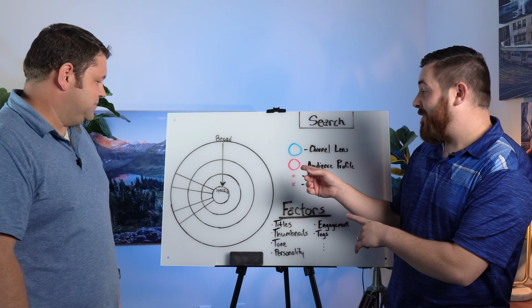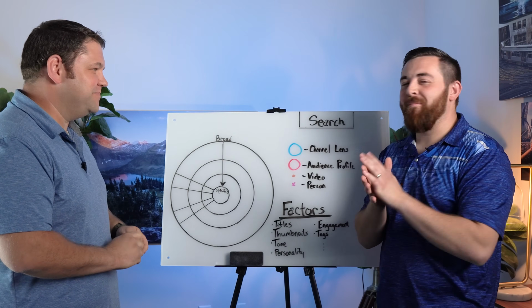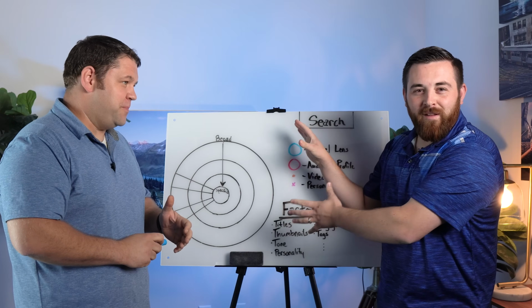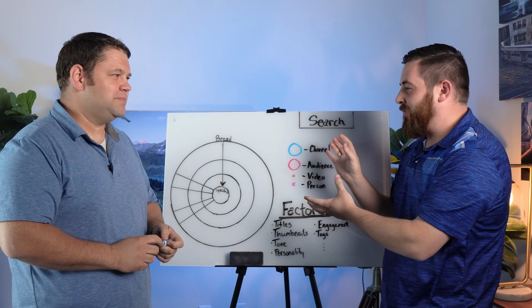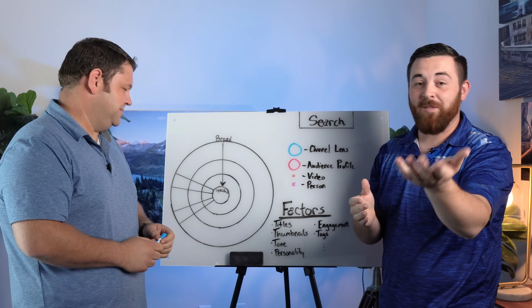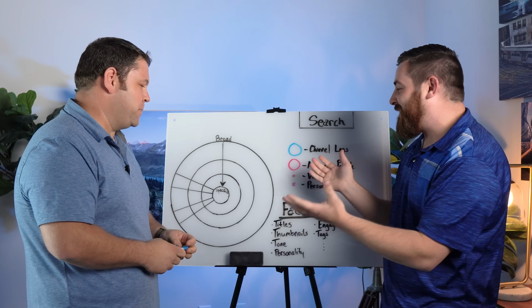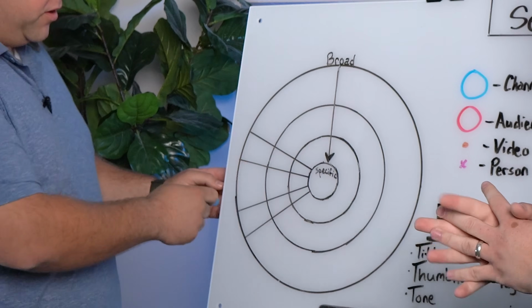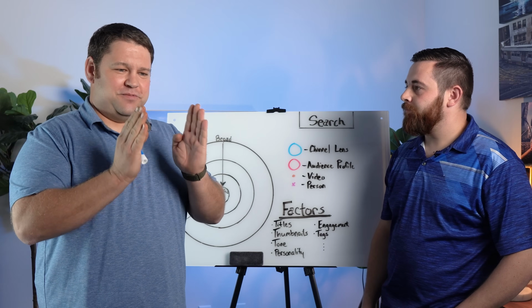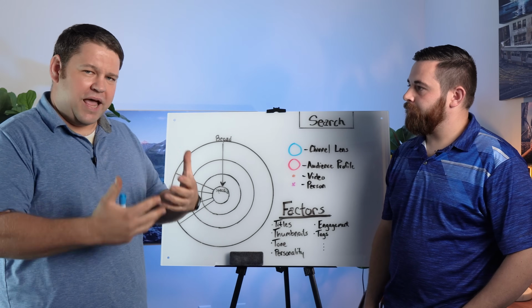Something really quick that I want to say. This is flat, right? We're looking at a 2D model here, but you really have to think of it almost like a globe. This doesn't perfectly represent how topics are on YouTube, because according to this, there are only 2 adjacent topics to your topic specifically. But we all know that's not true. There are probably hundreds, maybe even thousands of adjacent topics. That's what these wedges are. Each wedge represents a topic, and we can get as broad or as granular as you want with a wedge. That's where we can apply this model.